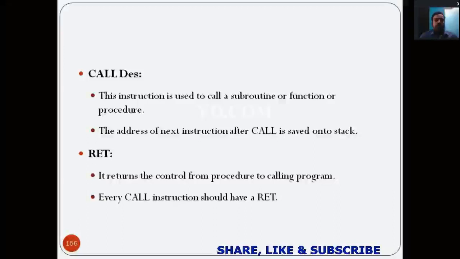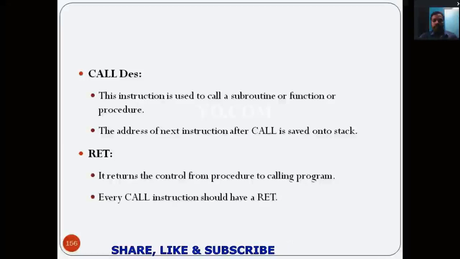The percentage calculation program is called a subroutine program. This instruction is used to call a subroutine, function or procedure. The address of the next instruction after the call is saved on the stack. Then a return instruction is also included along with the call instruction.